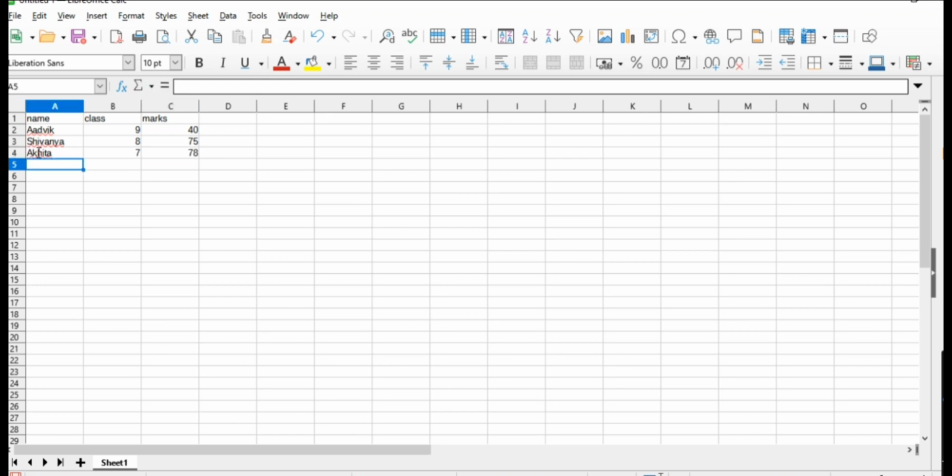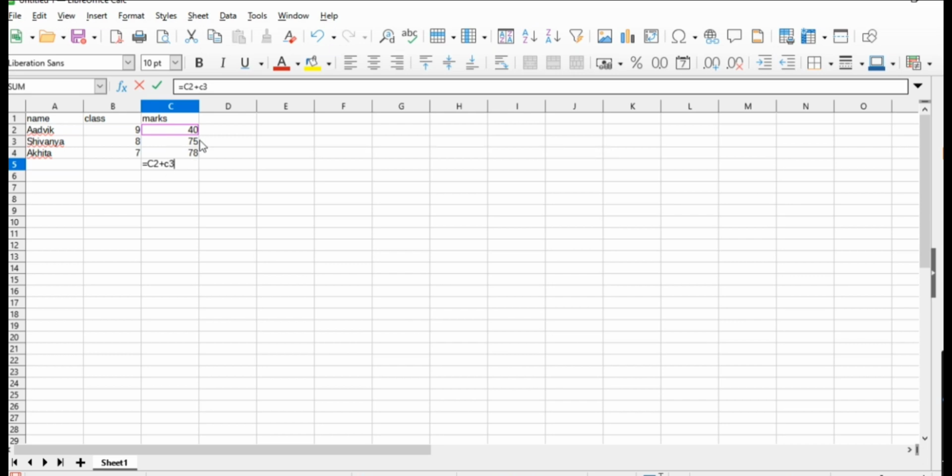Now how can we use the formula? Suppose we want the total of marks here. Before starting the formula, we have to put the equal sign and then take the cell address of a value. We have several methods for calculating these numbers. The first method is with the cell address. We just write the cell address, then the addition symbol, the plus symbol, and then the next value,